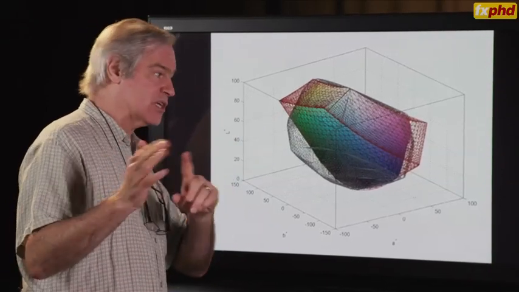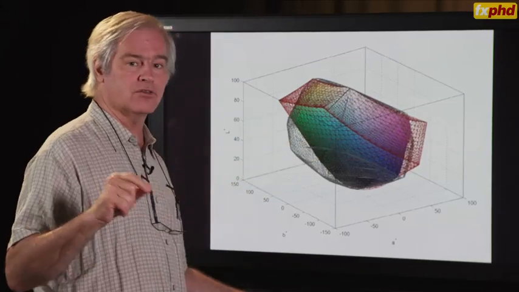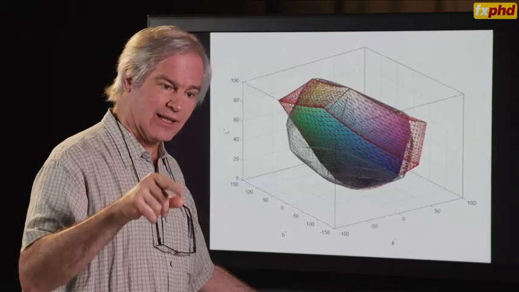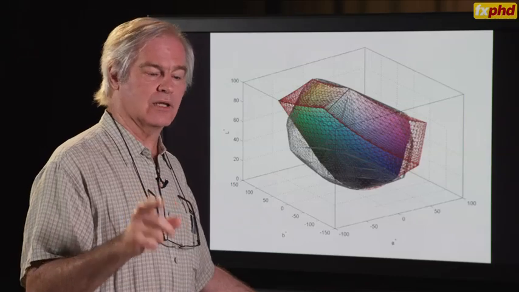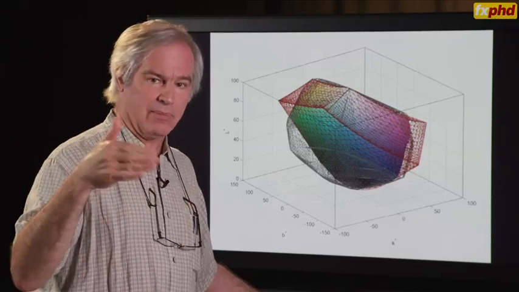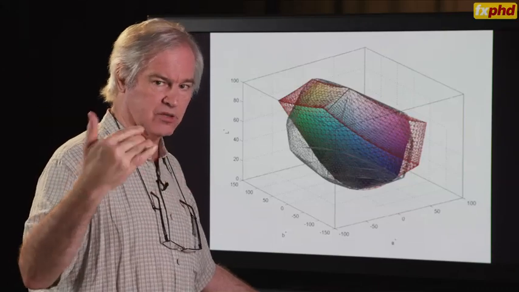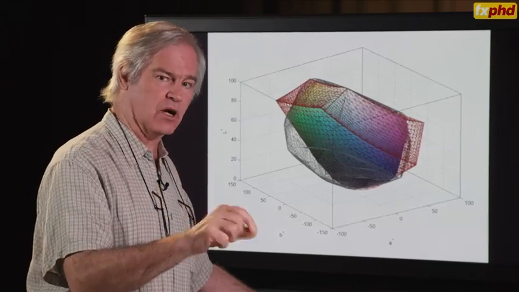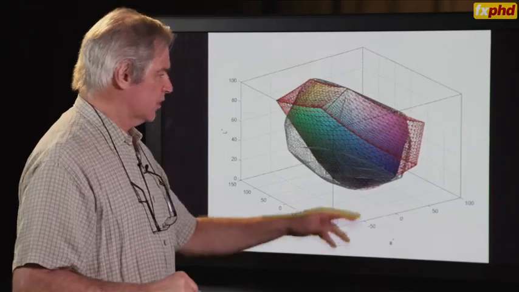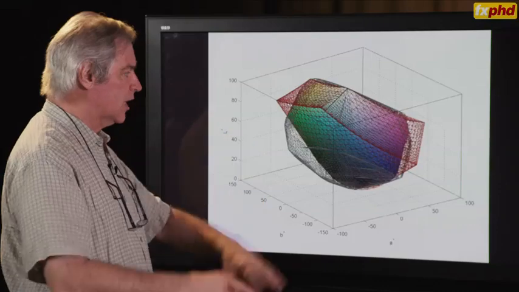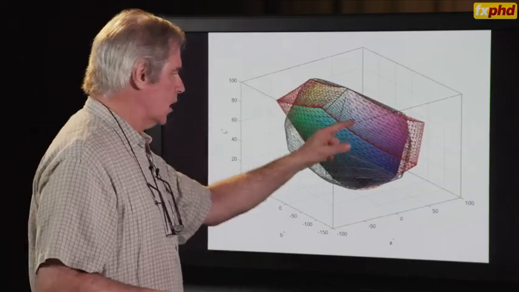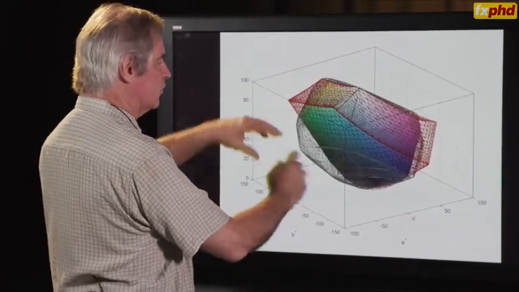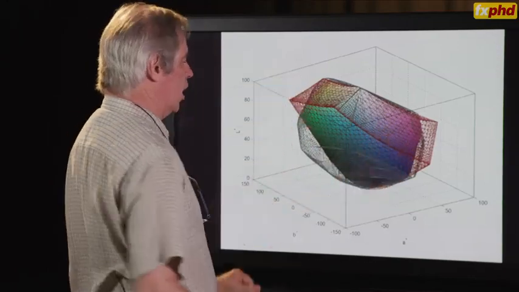I said sRGB cube, but straight lines in big X, Y, Z, and straight lines in little x, y chromaticity, and straight lines in U prime, V prime, they all map to straight lines as you go from color system to color system to color system. But when transformed to A star, B star, they're no longer straight lines. So it started out as a cube, but it gets plotted in A star, B star as lines that curve. Nonetheless, I'm sure you very easily see the cubic shape that underlies that.